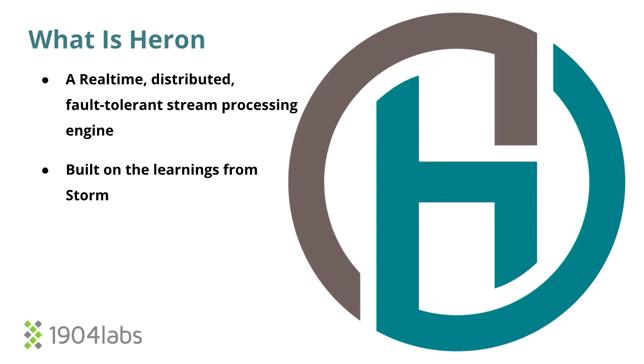So Heron, by text definition, is a fault-tolerant distributed stream processing system. It is a successor to Apache Storm. It was developed in-house at Twitter. There was a point in time when Twitter had their entire infrastructure running on Storm, and they experienced some issues with running systems when high load would hit. They found that when Super Bowls or high traction events would happen, eventually Storm would drop transactions, and this led to inconsistent metric reporting, inconsistent ad impressions, and caused quite a lot of issues for their clients.